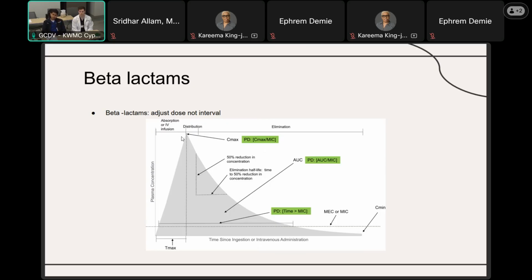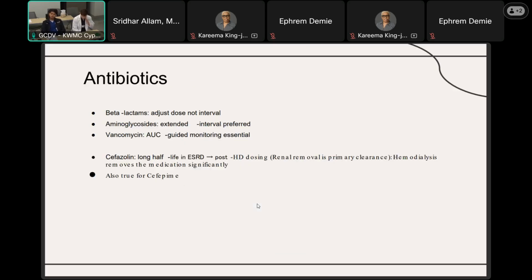It will make sense that we keep the dosing maybe the same if they have increased volume of distribution, but you increase the dosing interval, right? So this is just a unique thing: cefazolin and cefepime tend to have a much longer half-life in patients with ESRD. In fact, they are renally cleared medications. In patients with ESRD who don't have significant kidney function left, the medication will actually hang around forever until it is cleared